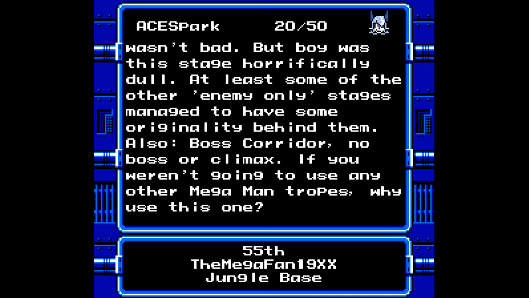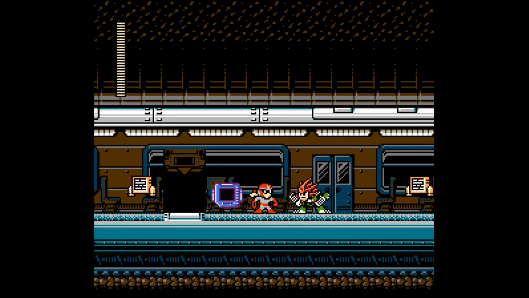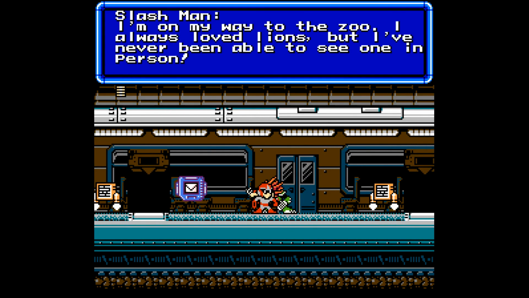And Ace Spark is right, if we weren't going to use the Mega Man trope like this one, instead using more run and gun ones, why use the anticlimax with the boss corridor? I don't mind anticlimax as much as Ace Spark does, but still we had CreshMan. I would assume he'd fit because of his explosion effects. To be fair, Slashman protected the dinosaur jungle in Mega Man 7, which I think was a zoo or something,